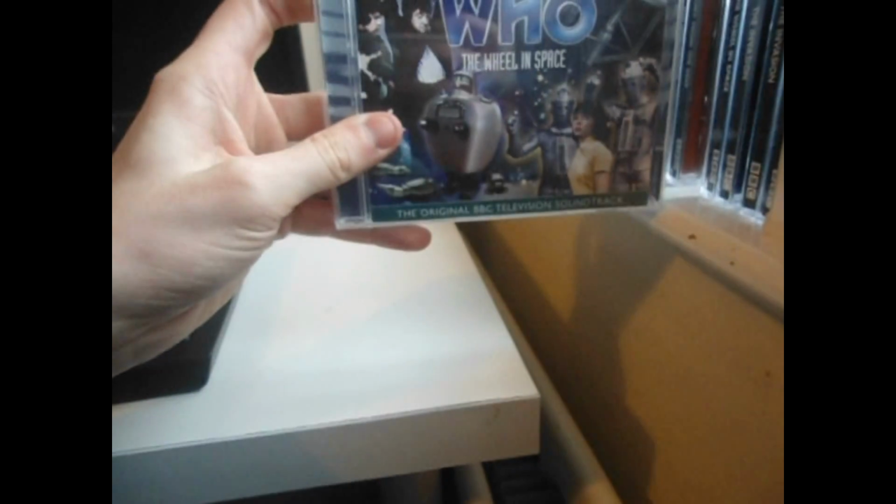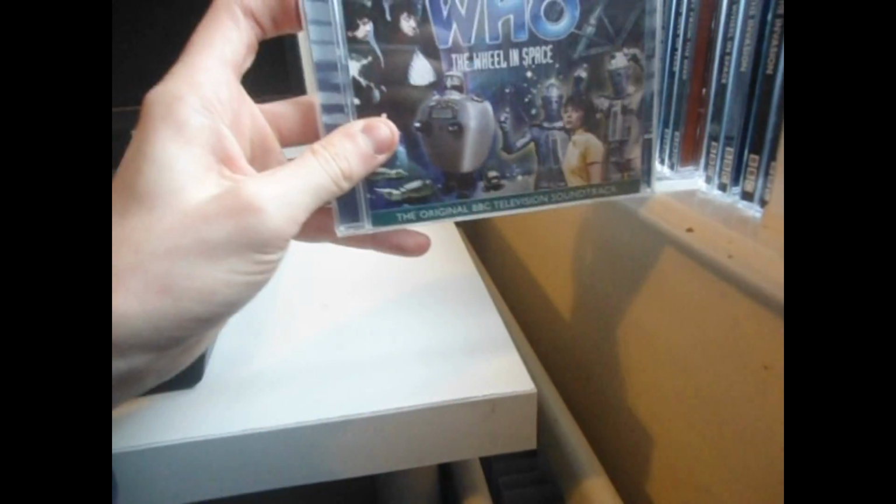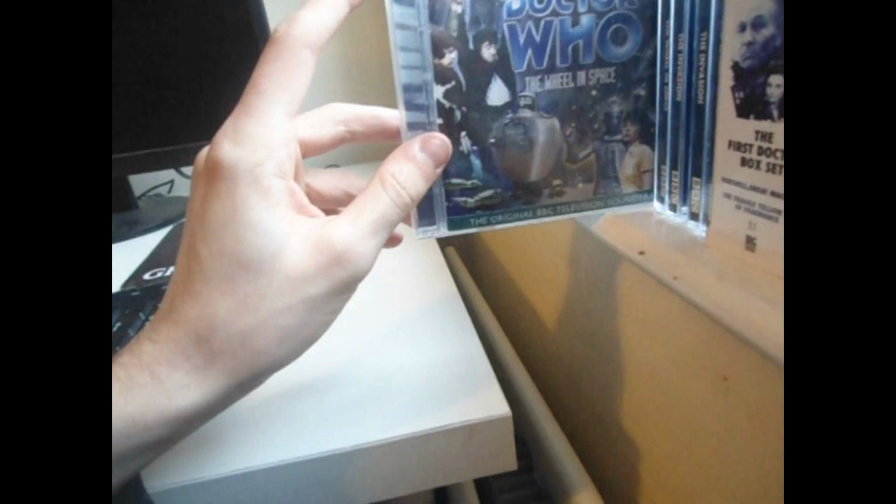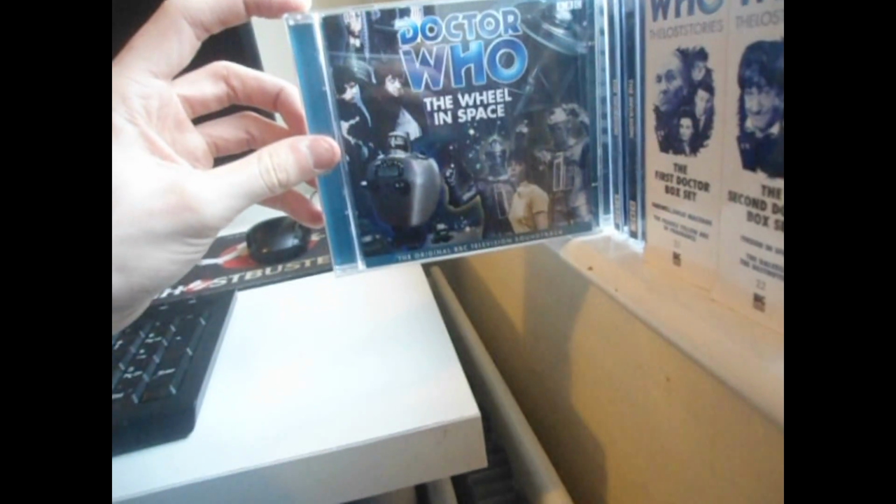This is the rarest Lost TV Episodes soundtrack there is, other than The Savages, but I personally think that this is the rarest radio collection soundtrack release there is out there, and I only got it for 3 quid, which is amazing. Then we have the Lost TV Episodes edition,